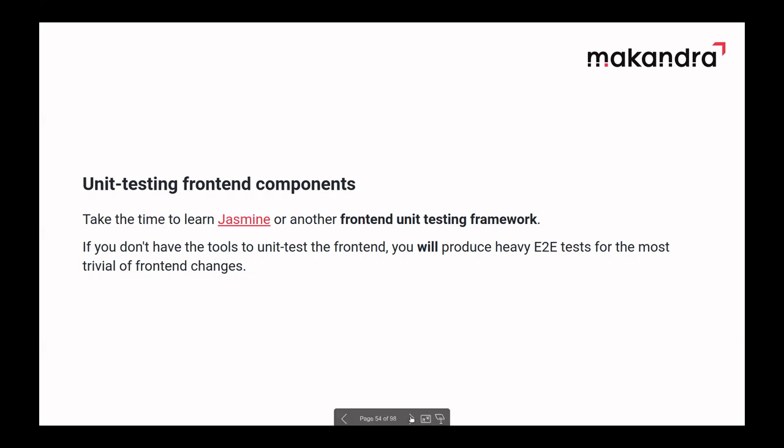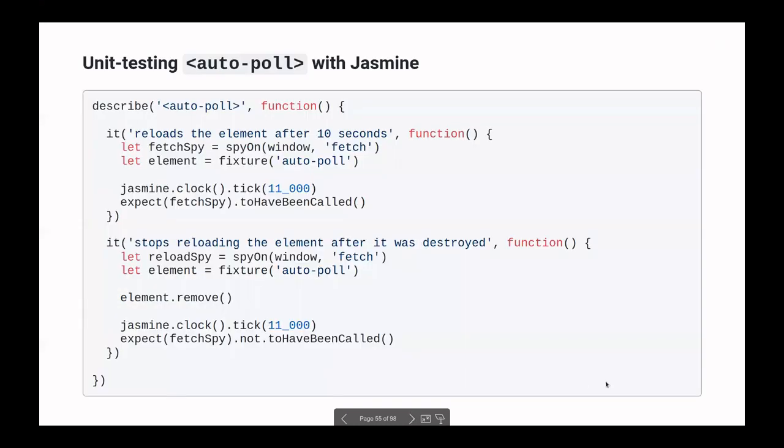So for instance, what does Jasmine look like? This is a Jasmine spec for the polling component that I built earlier. And it has this syntax here, which is obviously inspired by RSpec. These are just two things that I tested for the sake of an example.